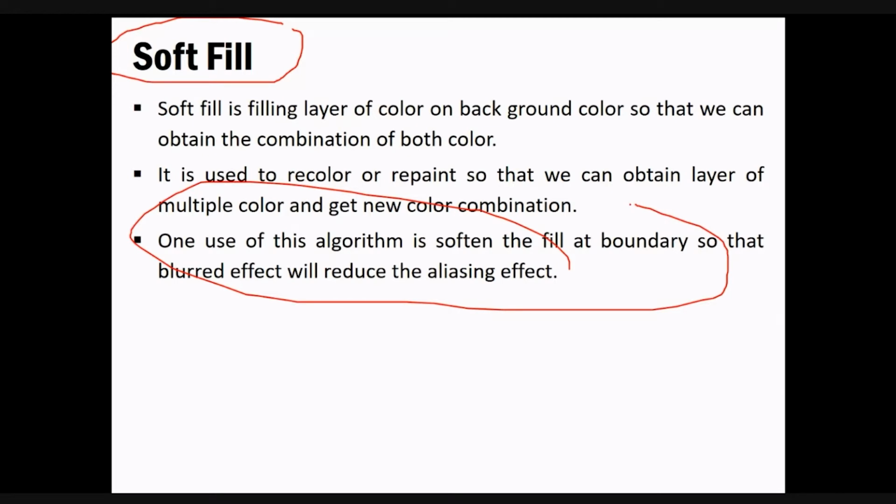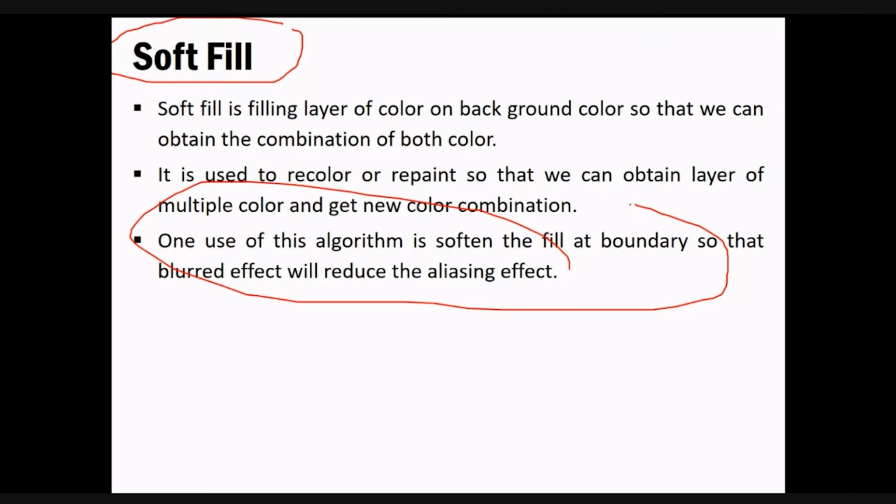Sometimes you'd be facing this, because you are not dealing with that much higher technology, and we are not working with that much frame size, and we don't have that much refresh rate, because we are dealing with a raster scan display. So what it says is that at some point we need something that would blur that thing to reduce the aliasing effect.